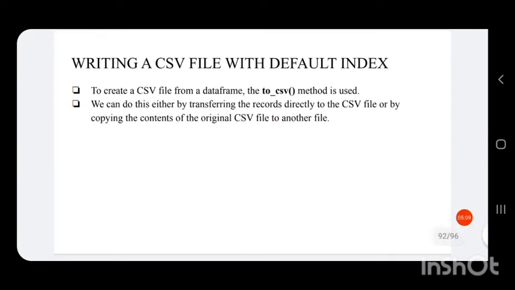So we have studied how to read a CSV file and how to update a value with a nan value. Now let us see how to write a CSV file with default index.